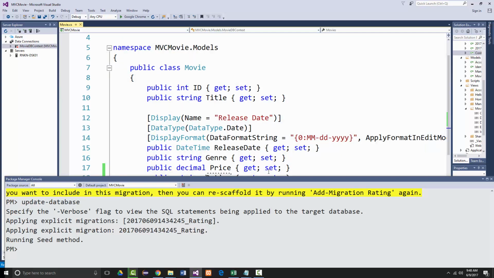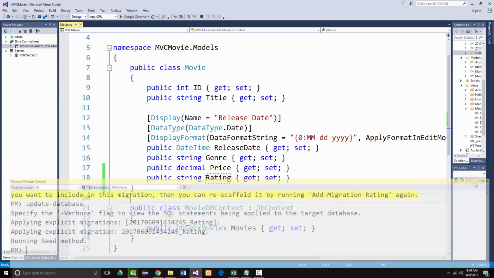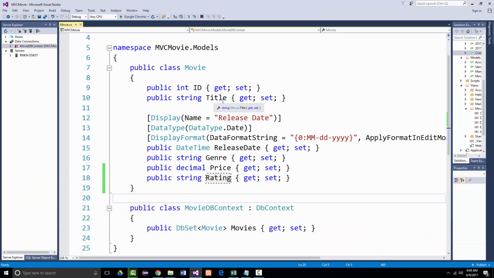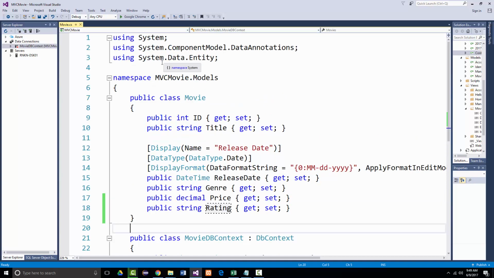This is the movies.cs file, and I don't think I'm going to need this migration anymore. I can always open it back up if I do. So, open the movies.cs file. Notice the System.ComponentModel.DataAnnotations namespace right there